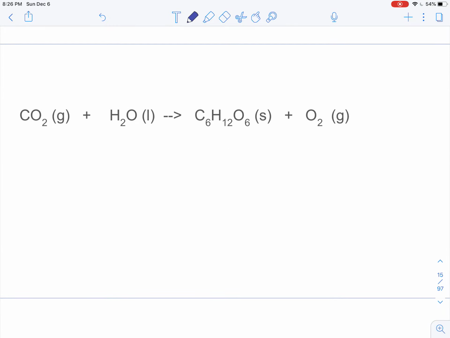CO2 plus H2O yields C6H12O6 plus O2. If any of you remember from your biology days, this is photosynthesis. Okay, I'm sure you had that memorized at one point last year. So CO2, we've seen that already. It's covalent. It is carbon dioxide. So carbon dioxide gas and water react to produce